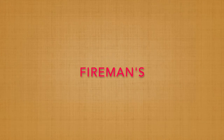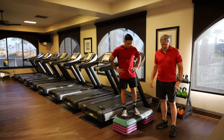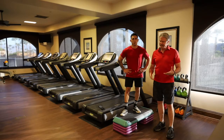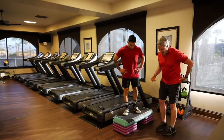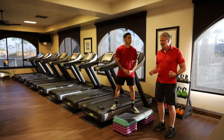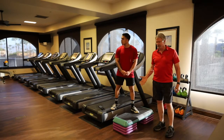Assisted dips. Firemans. It's a one-legged pattern. I love one-legged stuff for athletes and people that want to get strong. We really challenge not both legs, but one leg has to do all the work, and we've got to balance. And there's about 5 leg machines in this room, and this takes the place of about all 5 of them,